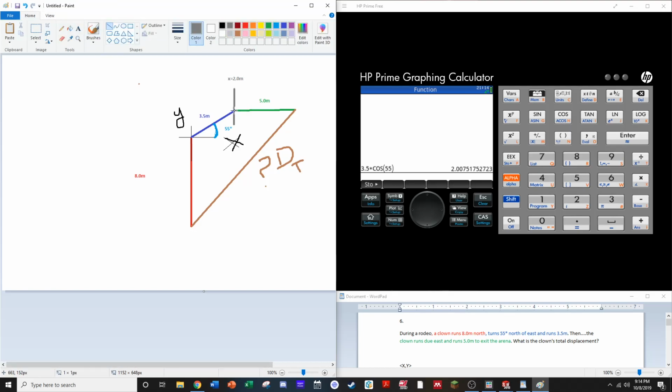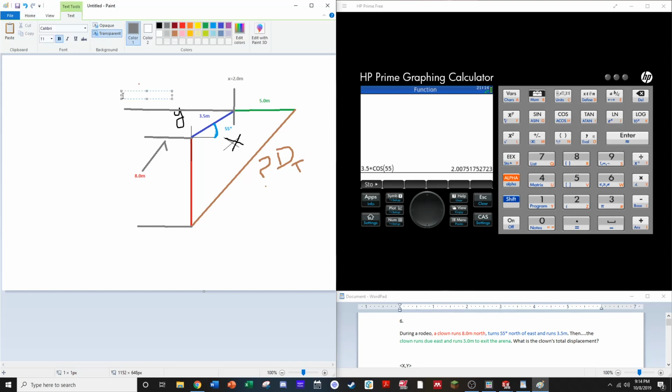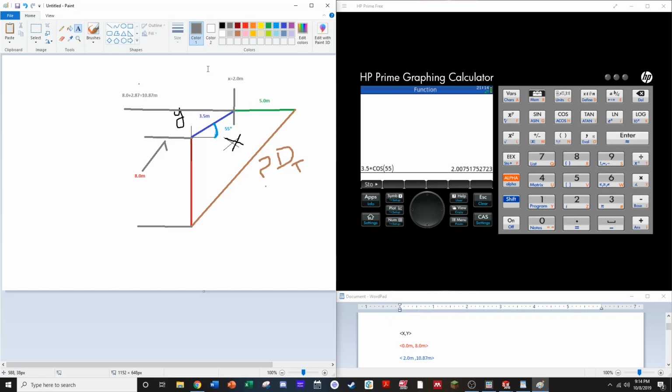And then the total y value here, because remember it's this entire distance, see this one right here. This entire y distance right here is 8.0 plus, what did I say it was? 2.87 equals 10.87 meters. Okay, awesome. Now we need to figure out